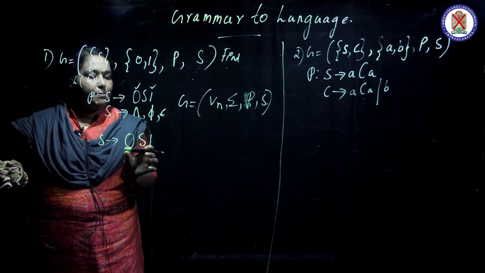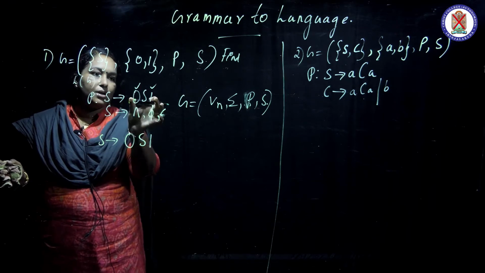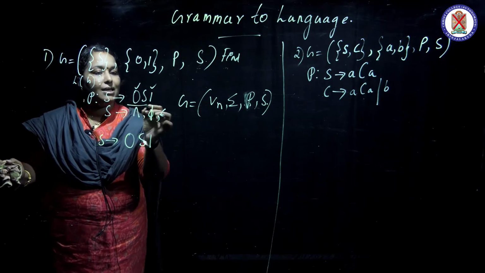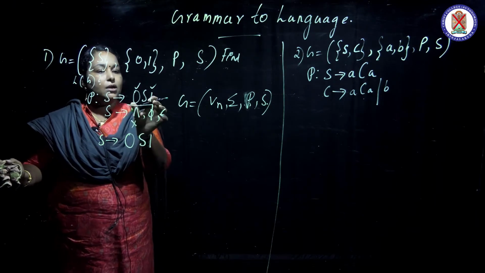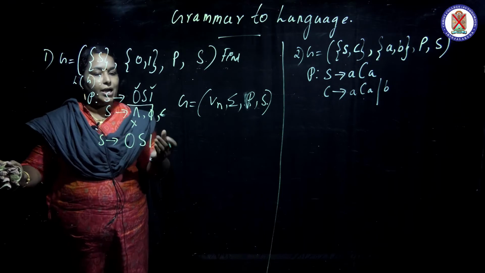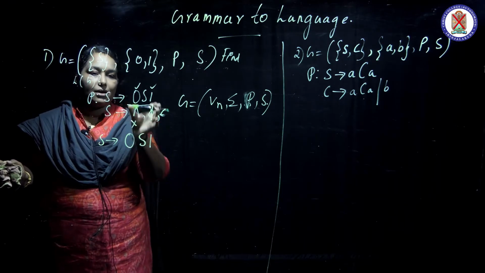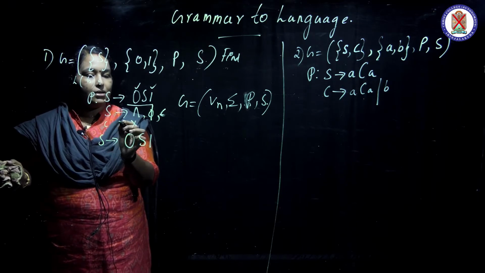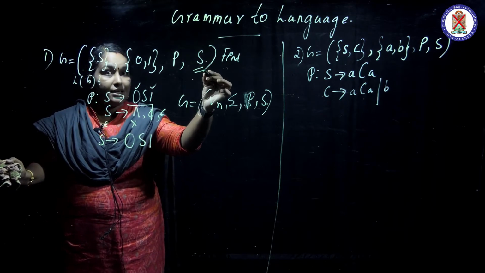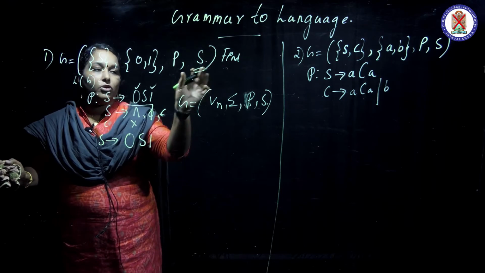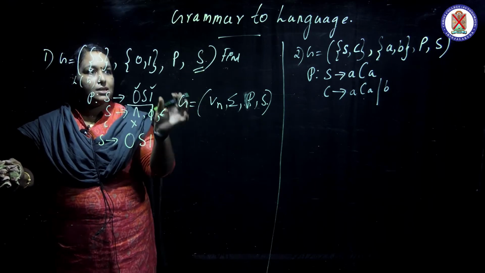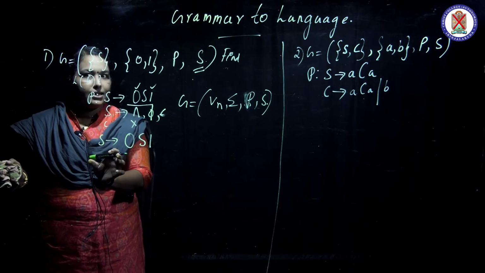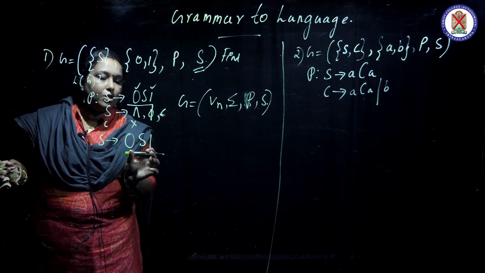Look for the maximally possible grammar, that is, you must take the maximum length production. So I am taking this instead of this. Every time you check for the language, you look for the lengthy production. So S gives 0S1. If there is another symbol here, you must check for the starting symbol. That is a very important rule. Every time, show the production from the starting state itself. So S gives 0S1.